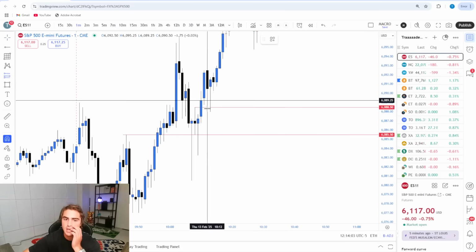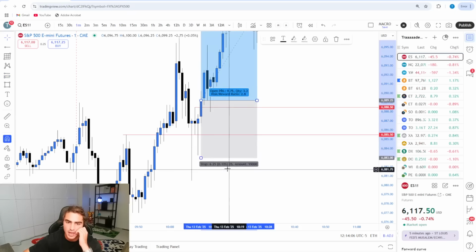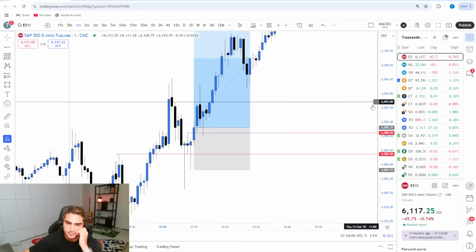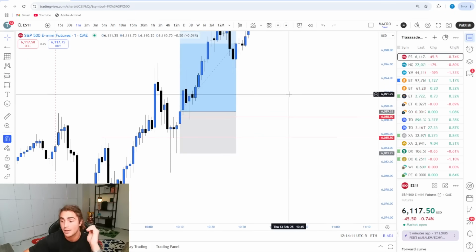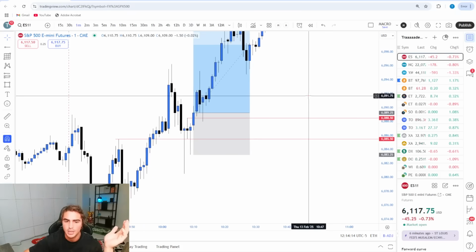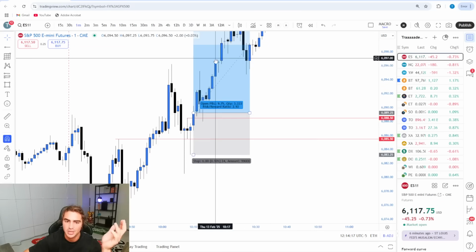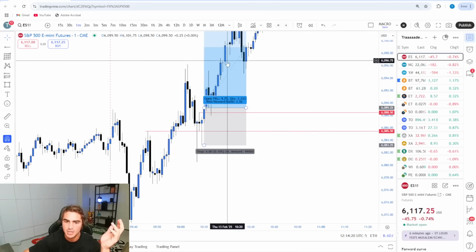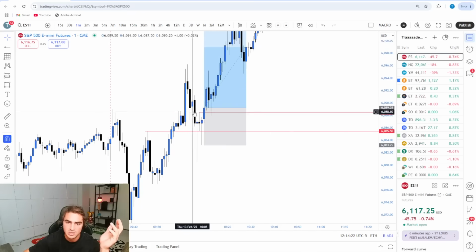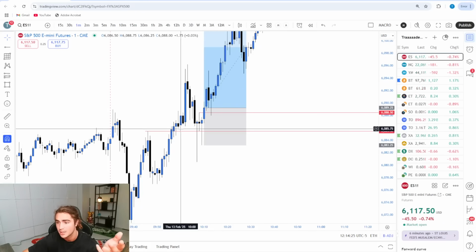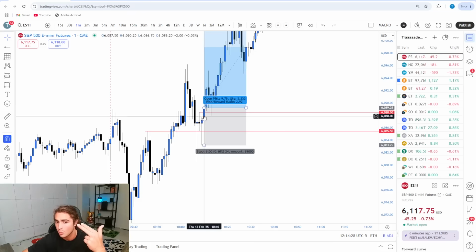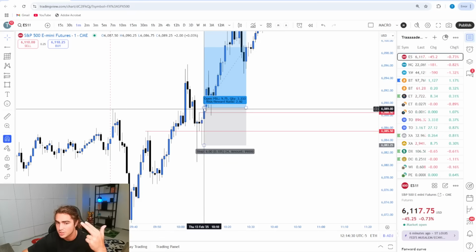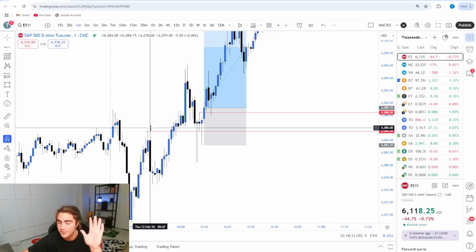And with this, I'm typically never really looking, once we get the breaker structure to the upside or an inverse fair value gap to the upside on the 1 minute time frame, I'm not looking for order flow to get respected on the 1 minute time frame, because if the 1 minute time frame is flipping into bullish order flow or disrespecting bearish order flow, and the 5 minute is already in bullish order flow, and we're getting 1 minute break of structure to the upside off of a 5 minute confluence that's already bullish, that's showing us that we're respecting 5 minute order flow and 5 minute confluences,